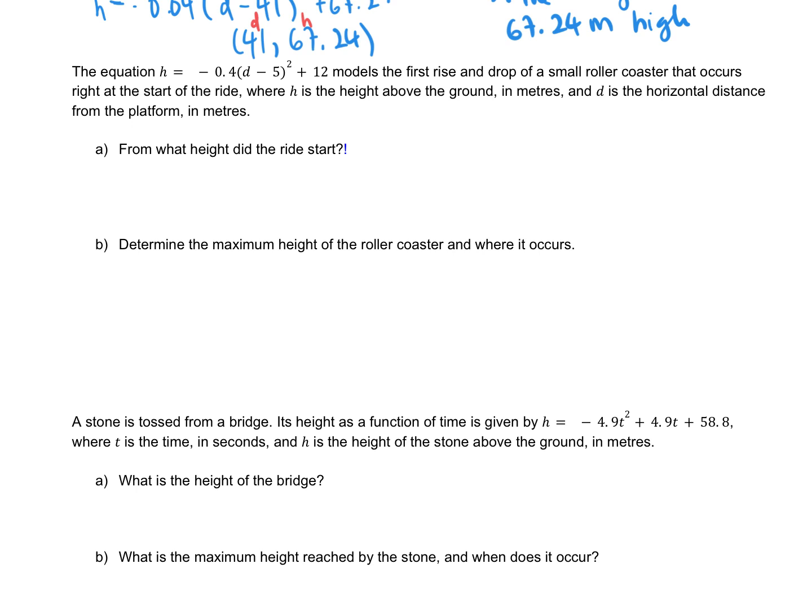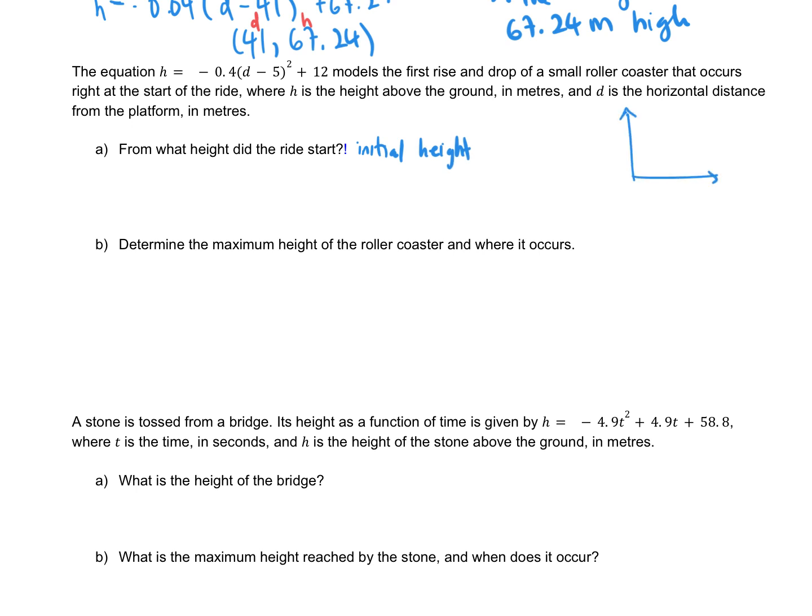rise and drop of a small roller coaster that occurs right at the start of the ride, where h is the height above the ground in meters and d is the horizontal distance from the platform in meters. From what height did the ride start? All right, so starting height does remind me about initial height. Now, if looking at that doesn't remind you of initial height, we can always do a little